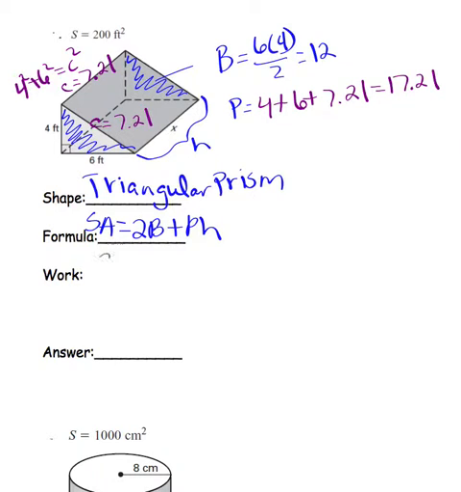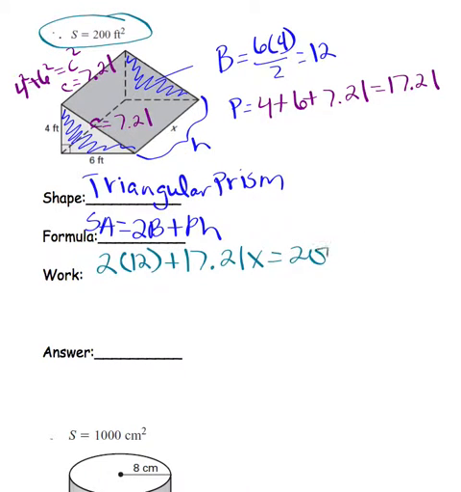So I need to plug this into the formula. To show my work here, 2 times the area of the base, which is 12, plus the perimeter of the base, which is 17.21, times the height, which is x. That equals the surface area, which in this problem they're telling me is 200. So again, it ends up being just like the last one. We're just going to solve algebraically. 2 times 12 is 24, and then 17.21x equals 200. So subtracting 24,